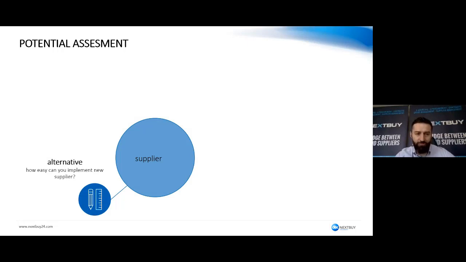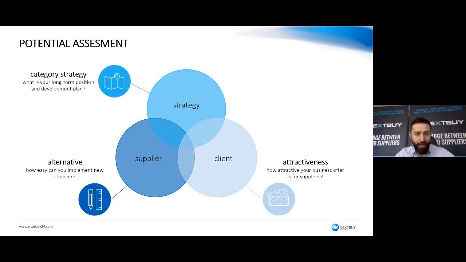And in order to do an e-auction, at a very high level, you need to have alternative suppliers, obviously. But not just a few suppliers that we can collect offers from; those have to be really possible to implement quickly. Then you need to be attractive as a client, so that the suppliers want to place an offer to you. And those suppliers have to fit into your category strategy, because you somehow undermine the relationship with your suppliers when you e-auction them. So those 3 things you need to consider if you want to go to the e-auction.